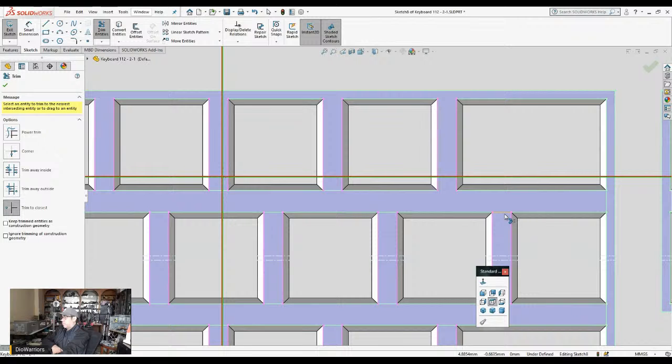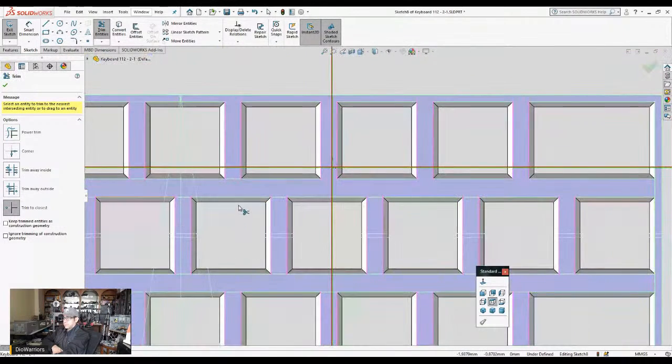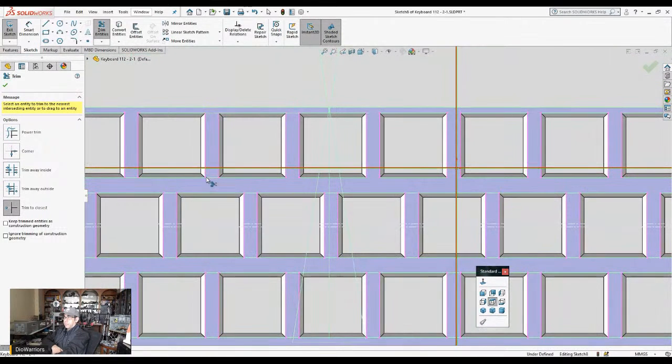And so now I'm trimming these lines now. So I'm at the last part of what I'm doing. So anyways, I